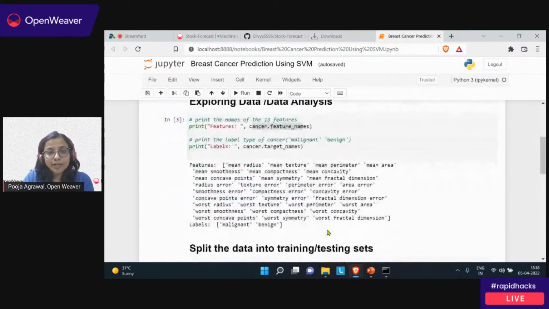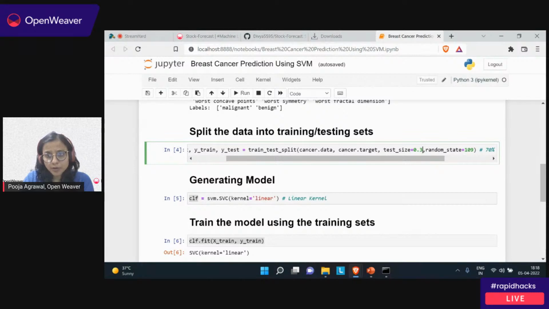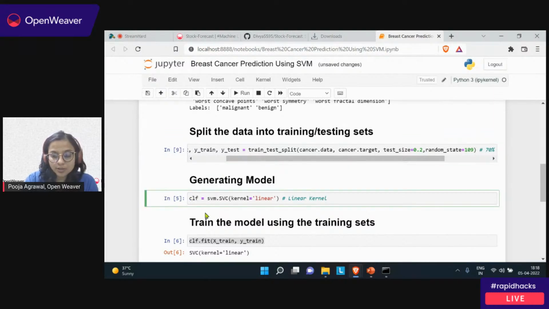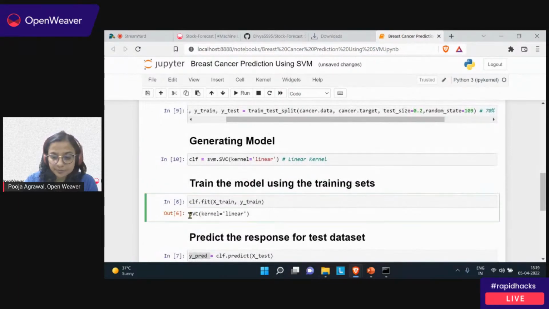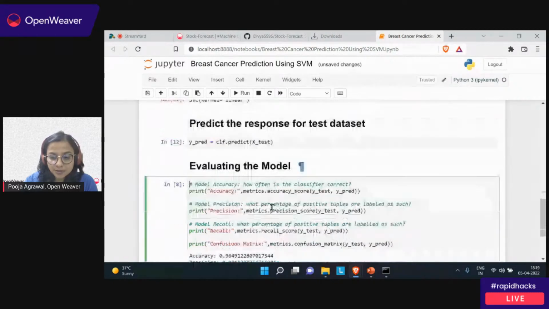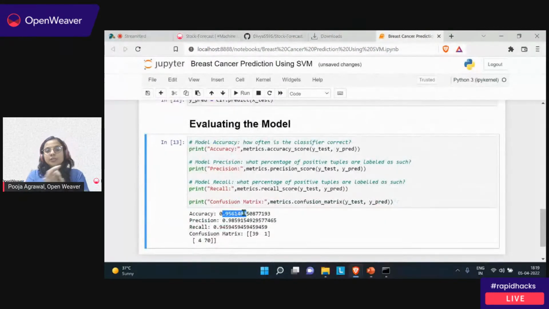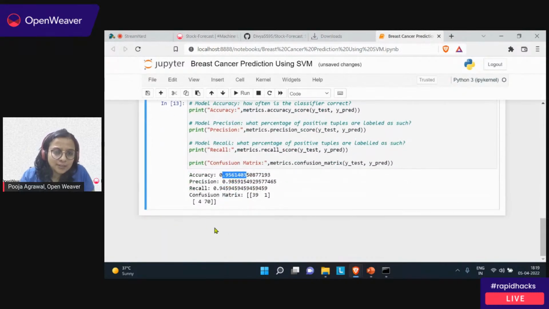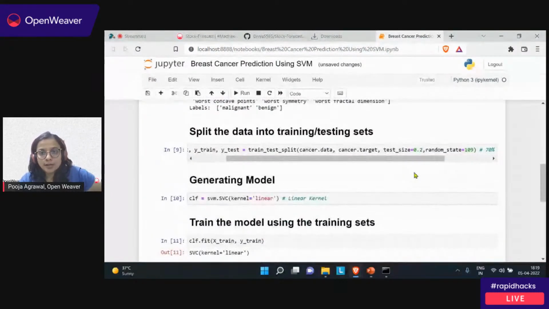What you can do is try experimenting with the test size. Say I try to keep only 20% for testing and 80% for training. Let us rerun these cells and see the change in the accuracy. It's running. Yes, because it is building up the model, it takes a bit of time. Now let us rerun this. So you see, by reducing the test data set size, my accuracy got reduced. So that matters. Somewhere in the confusion matrix, the value has also been reduced from 6 to 5. So that is a very small change. You can maybe check it for